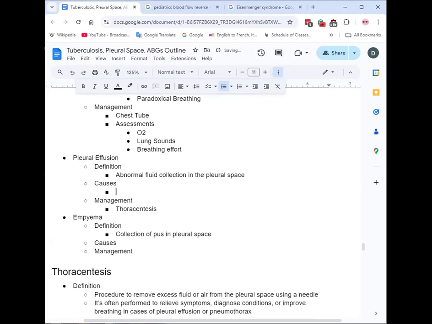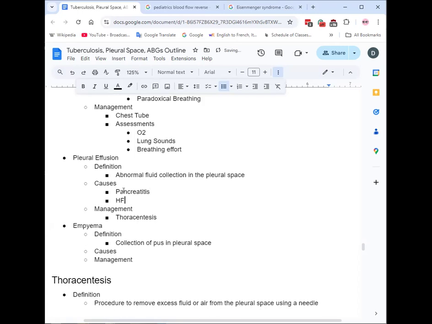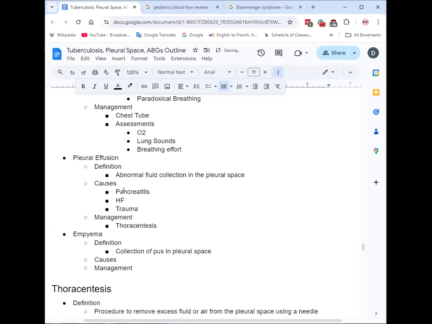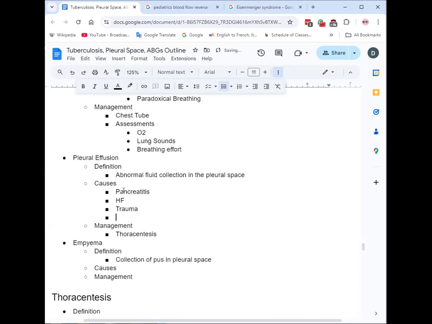But yeah, we said potential causes. What did you guys say? Said pancreatitis. True. That's immediately at the top of your heads because you guys just had the test for that. Yeah, that could be a potential thing. Other things can be heart failure, cancer, trauma, inflammation from TB or something. You can have pleural effusions, maybe some cirrhosis and third spacing. But same thing, you just get rid of the fluid through the thoracentesis,